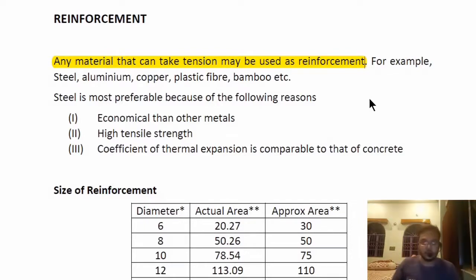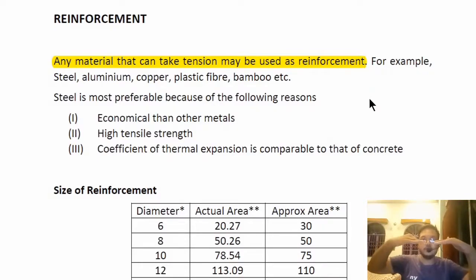So this reinforcement actually takes up the tension part. Just consider one diagram of a singly reinforced beam, where reinforcement is put on one side only. It is seen that reinforcement is put in the bottom side and the top part is kept as normal concrete, because a beam bends somewhat like this, and on bending the lower bottom fiber will be stretched and the top fibers will be pressed towards each other. So we have a compressive force on the top fiber and a tensile force in the bottom fiber.